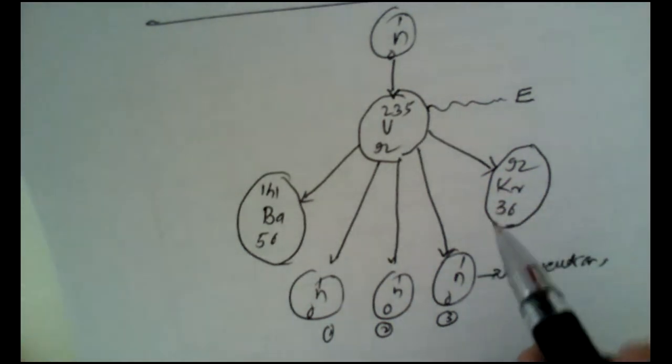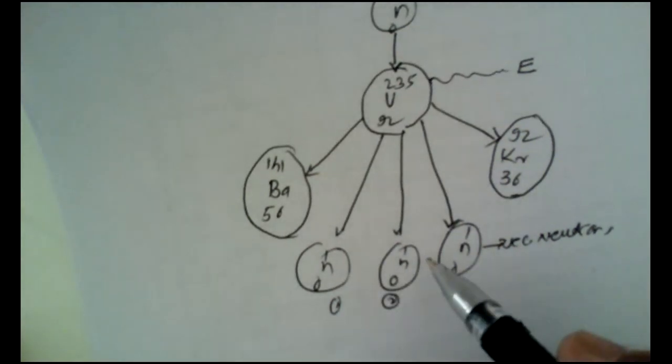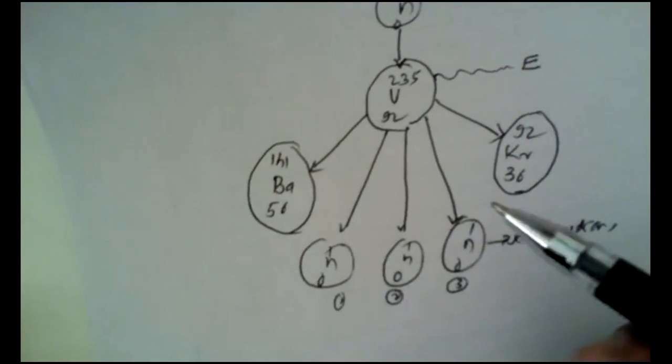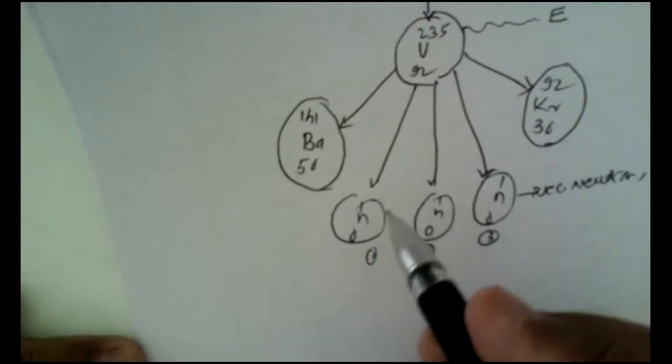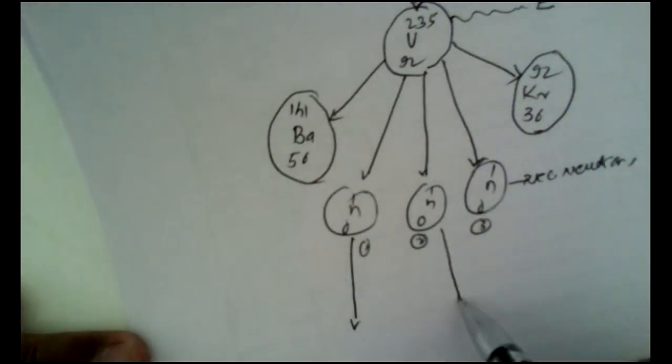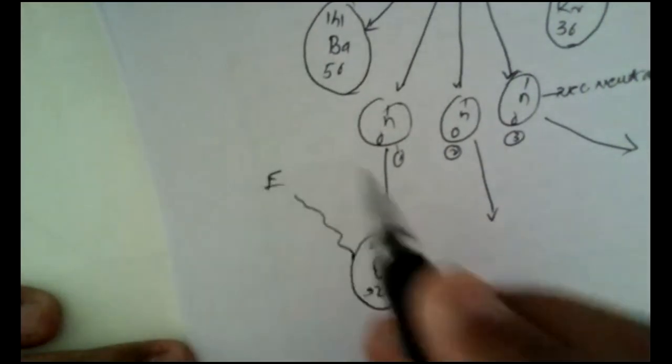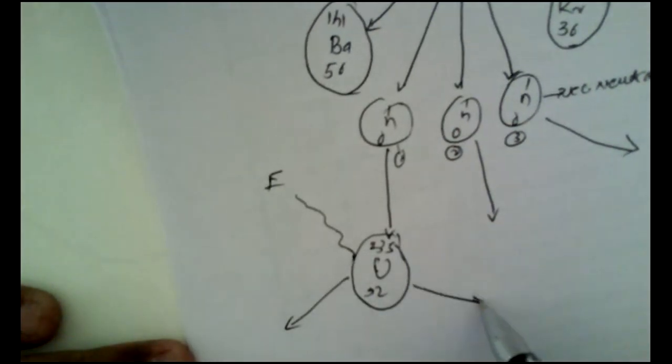Now, as per our definition, these neutrons obtained after fission can act as reactants for the succeeding reaction. That means they again bombard another atom of uranium. For example, this neutron, when it bombards this uranium-235-92 nucleus, again energy is released and 2 fragments are obtained. One is barium, another is krypton.